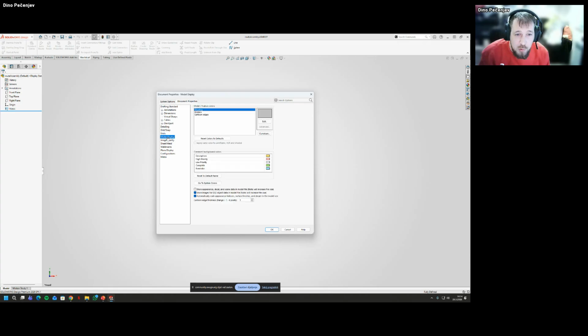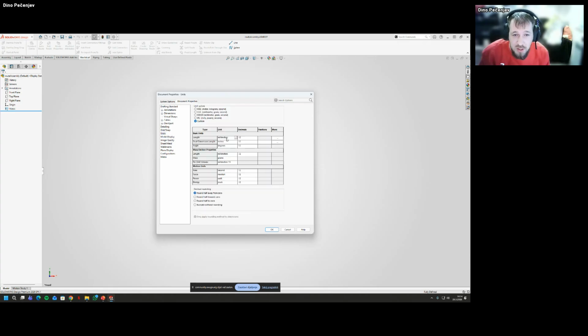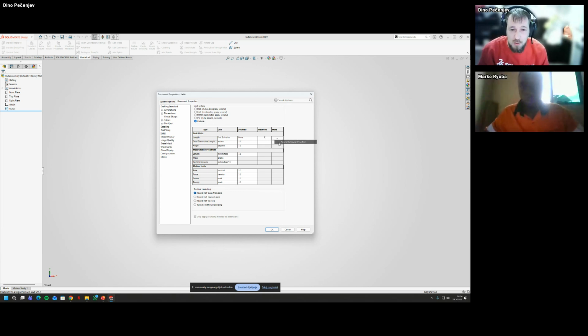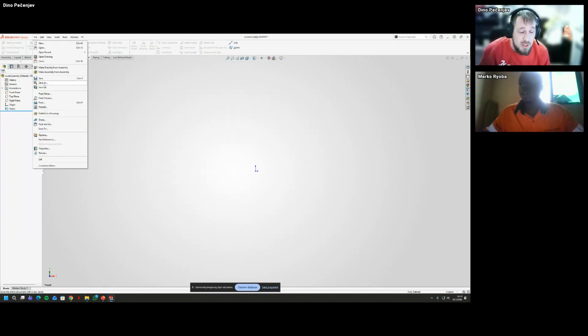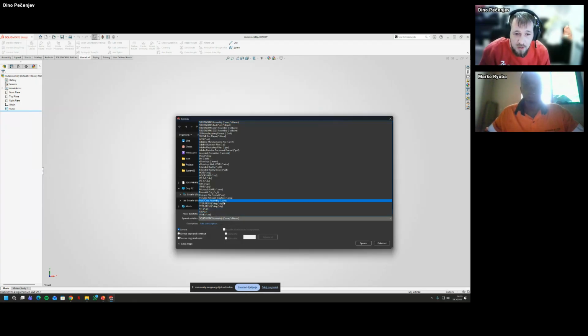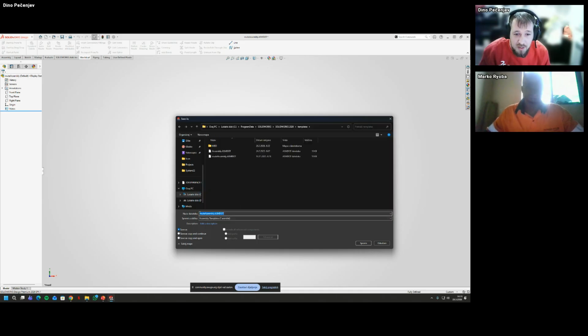And I'm going to do something unorthodox for me. So I'm going to change the units to actually feet and inches. So bear with me regarding this. At the end, we're going to switch to millimeters. I'm doing this because I want to focus on the techniques rather than the dimensions. Okay, so we have everything set up, and now it's just a regular assembly template saving. So I'm just going to name it feet, inch,